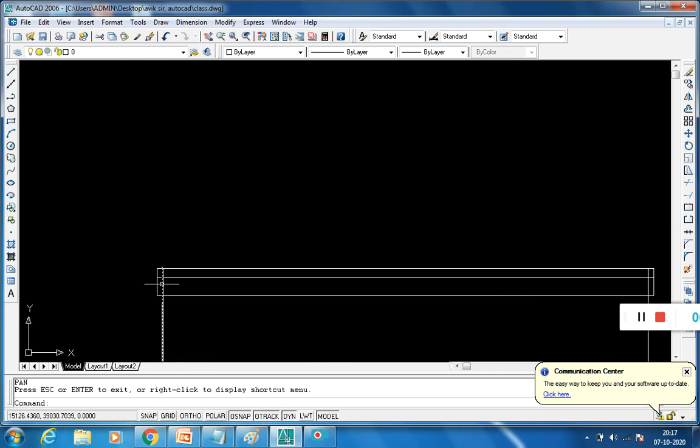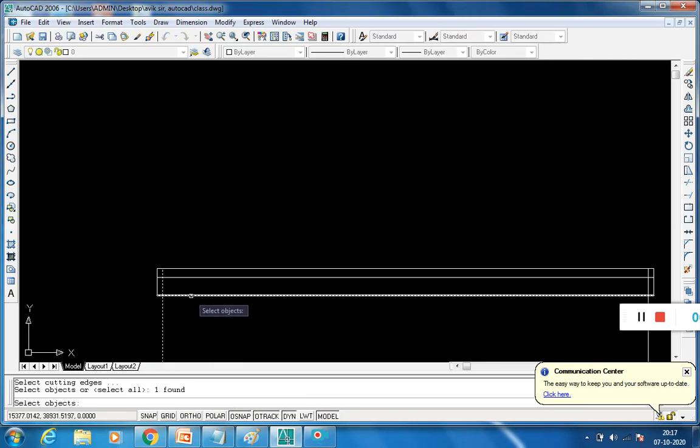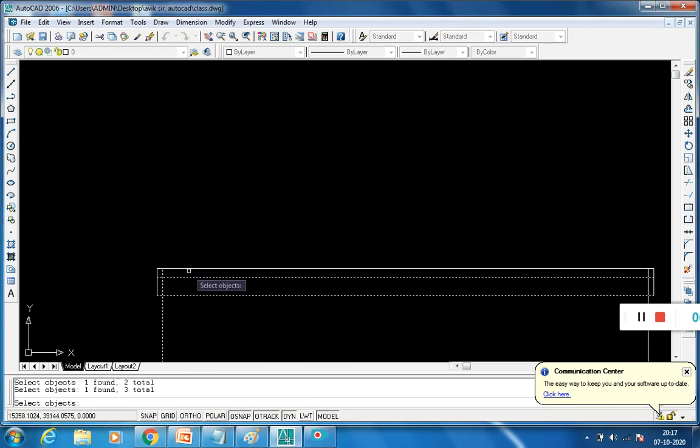These portions I have to delete because they are not in the drawing. So use the trim command. This one, this one. Press enter.